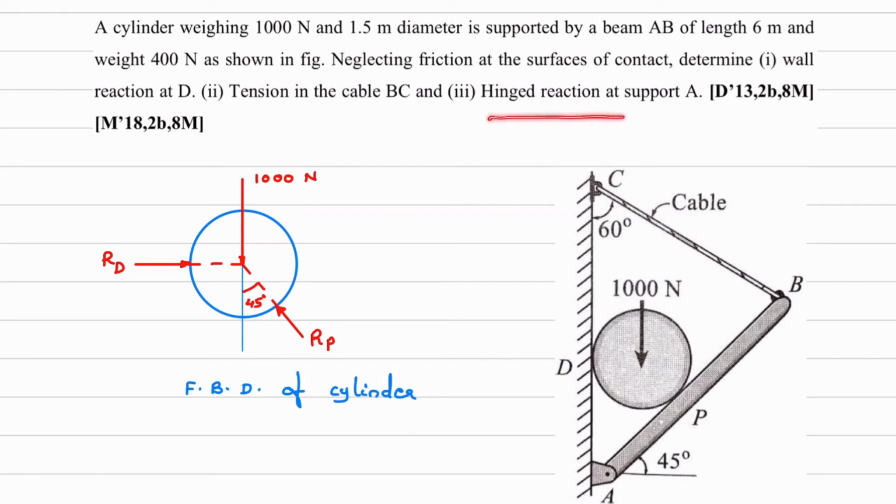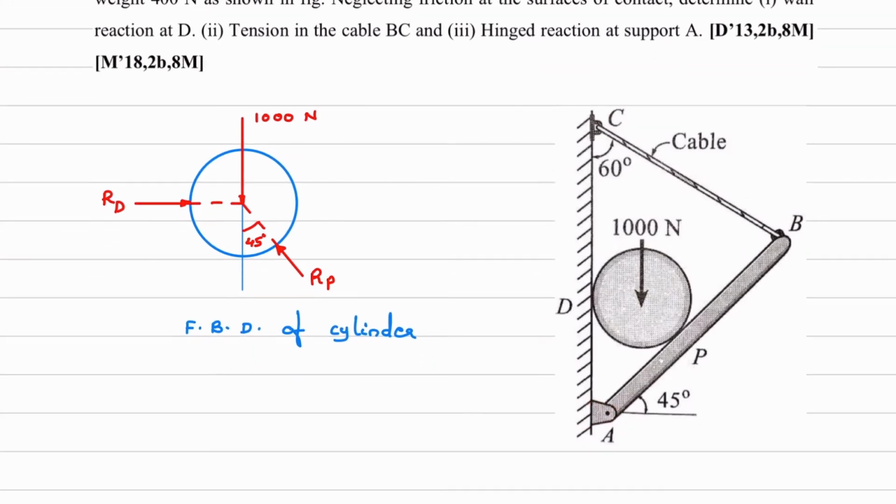Next is hinge reaction at support A. So here you can see hinge is given. So here we will have horizontal reaction HA and vertical reaction VA. Okay, now this direction, it can be right or it can be left, we don't know. We have to assume the direction initially. Okay, and depending on the answer, we will know whether our assumed direction is correct or wrong. So we will start with this numerical. What we will do first is, we will draw FBD of the cylinder. So here I have drawn FBD of cylinder. Okay, now this is the reaction from this vertical plane.